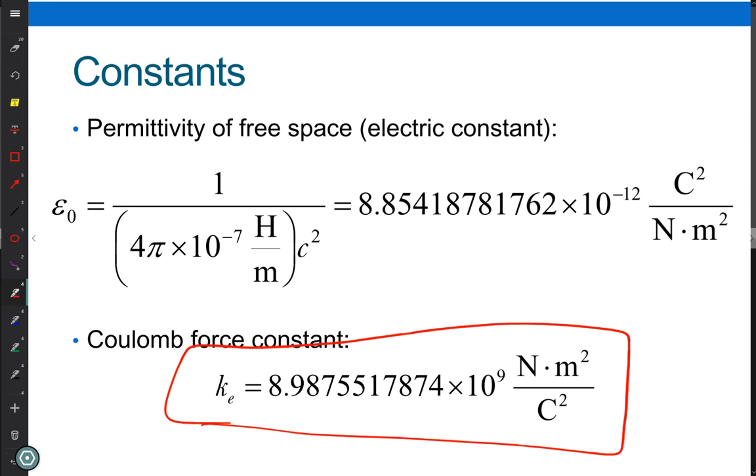But see the epsilon 0, it does have c in here. And I told you it was a fundamental constant. Now we see that it's 4 pi times 10 to the minus 7 times another fundamental constant, because the speed of light is 299,792,458 meters per second exactly. That's considered a fundamental constant. But so is this. They're both considered fundamental constants. Neither one is considered a derived constant. And it turns out that